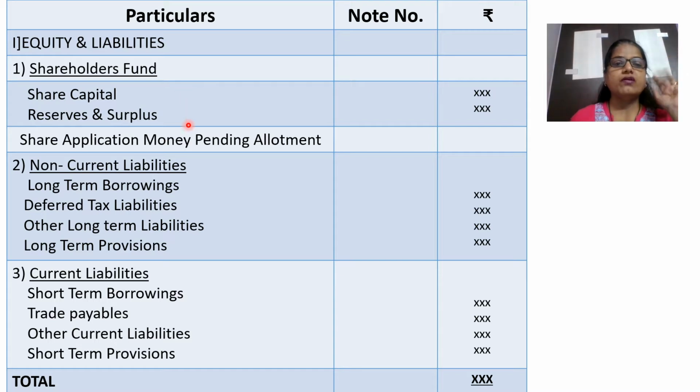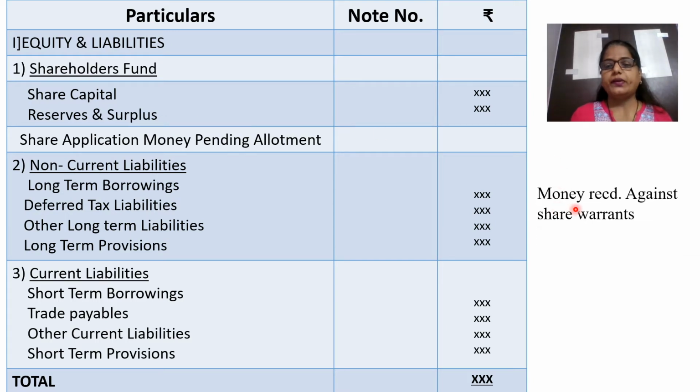Now in this particular format, I have mentioned the common things that we are going to use for our examination purpose, or what is important for our exam purpose. If you go to the original format, you might find one additional item here which I have not written right now because it is not important for us. It never comes for us in the exam. So to avoid unnecessary complication I have just skipped that. Now what is that item? Just see. I have put it separately. It is money received against share warrants. So this money received against share warrants comes after reserves and surplus.